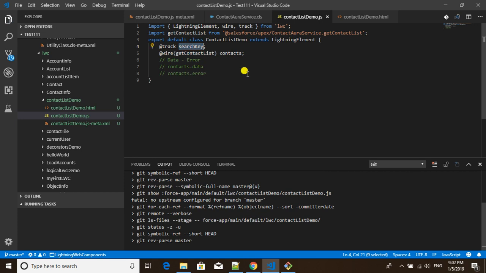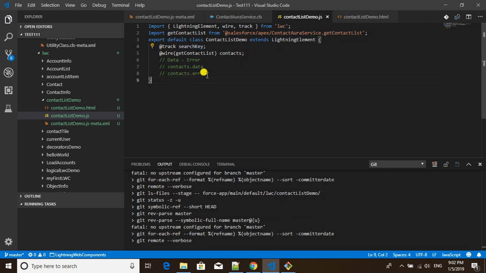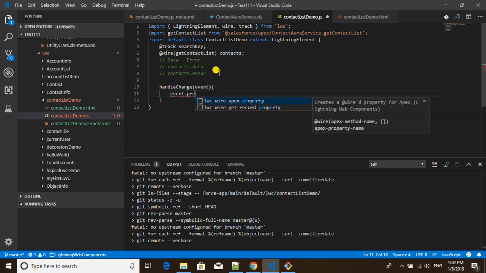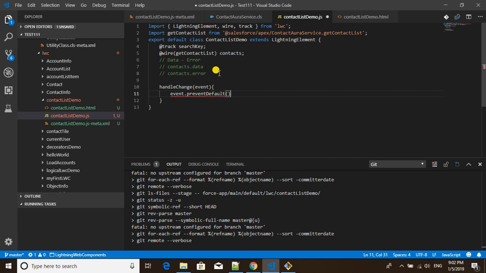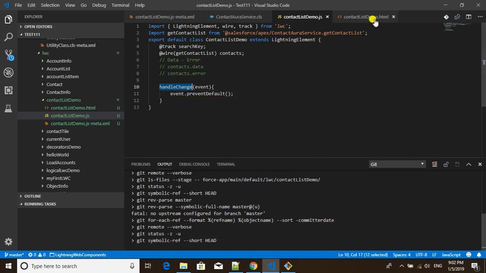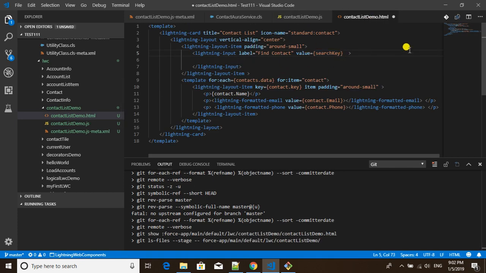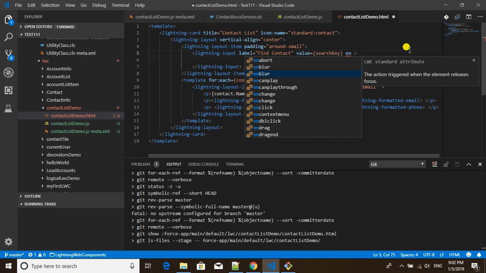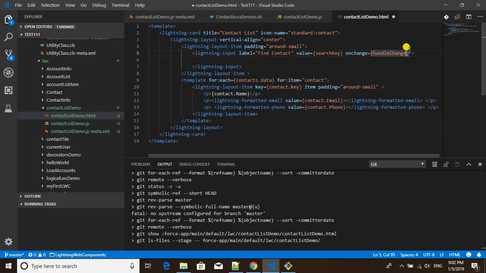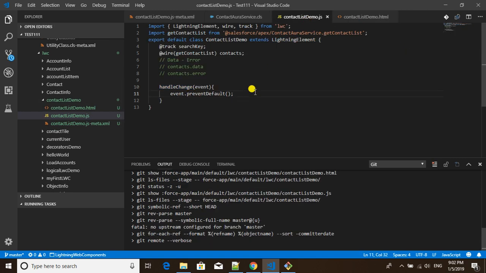By default there is no value on the search key, and on the on change of this input, I'm just going to call the method that is handleChange, and inside handleChange I will just put a simple debug to see if this on change method is able to call the controller method or not. So here for debugging